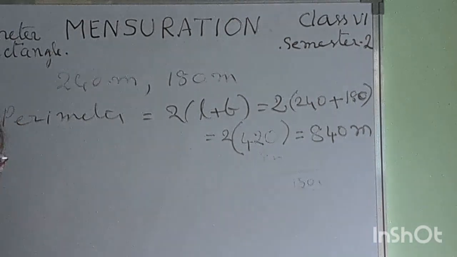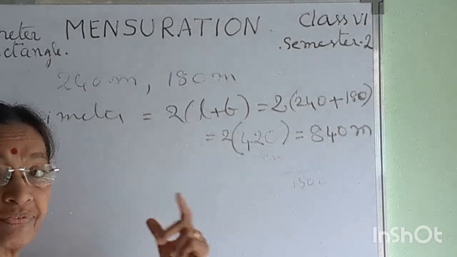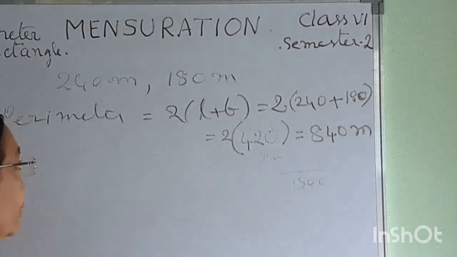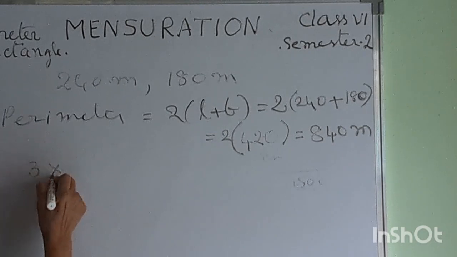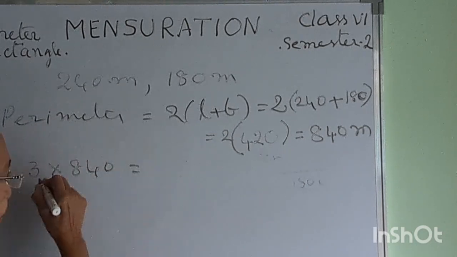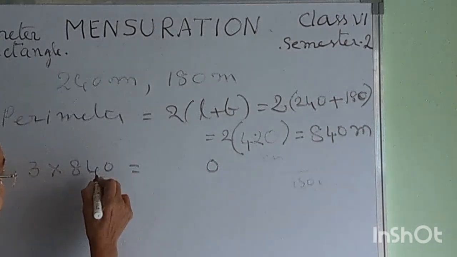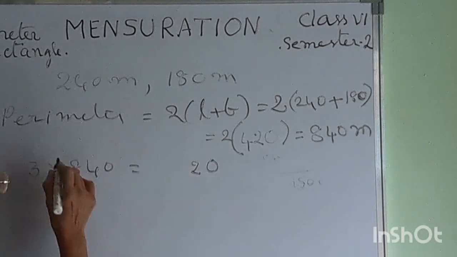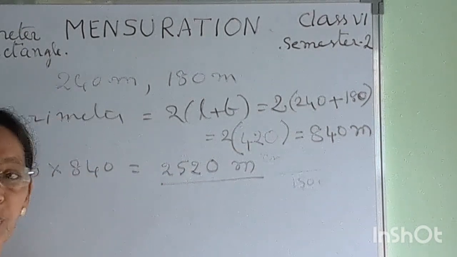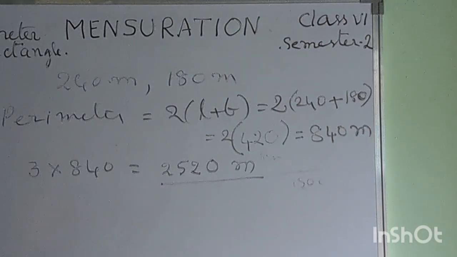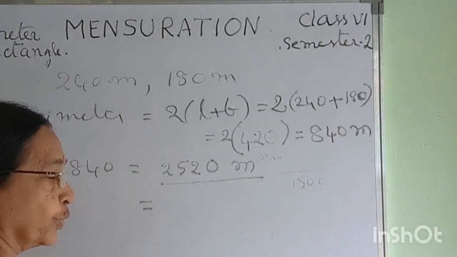But the farmer wants to fence it 3 rounds along his field. Therefore, perimeter is the length of the border for 1 round. So 3 rounds, 3 times the perimeter is equal to 3 into 840. That is equal to 3 into 0, 0. 3 fours 12. 3 eights 24 plus 1, 25. So he needs 2520 meters of fence. So if you convert it into kilometers,